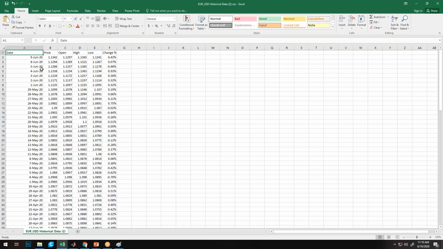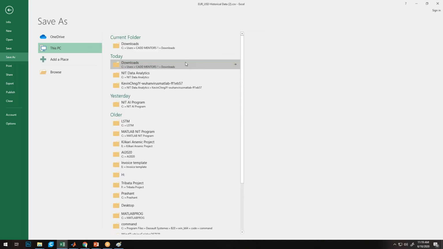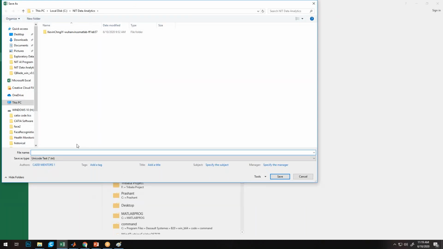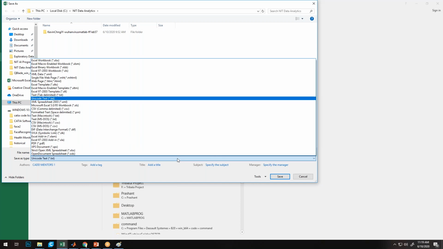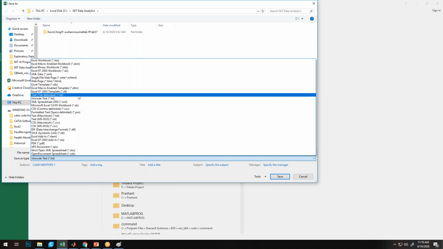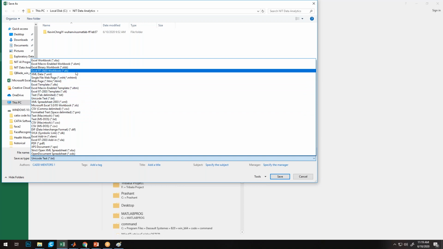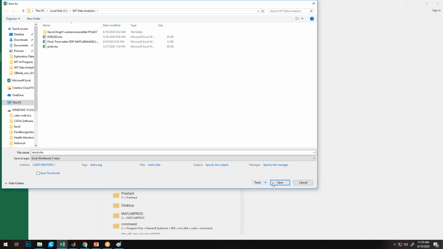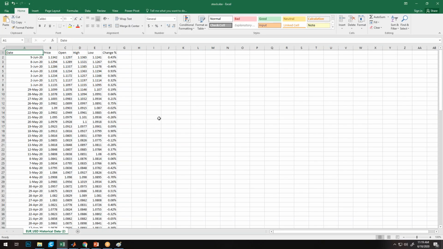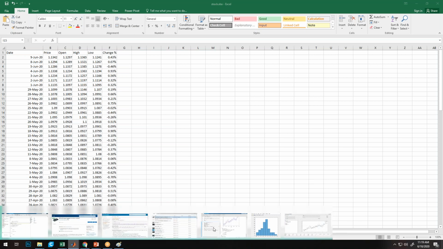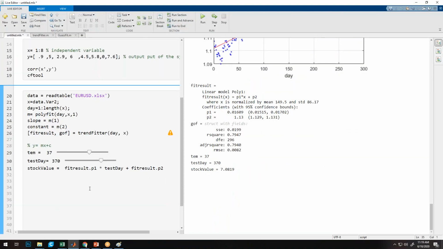Say, save as into the data analytics folder with the name stock, with XLS, save. Now in MATLAB, I'll call this data and see what is the effect of this corona on the stock.